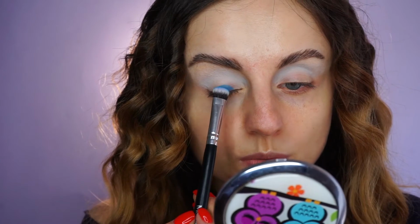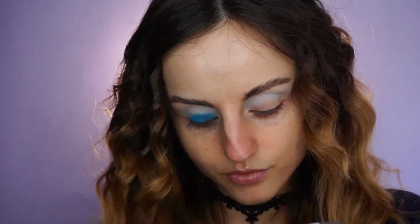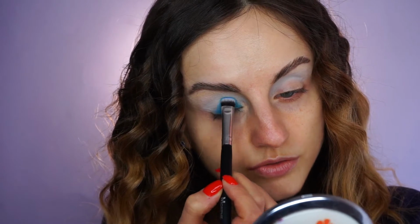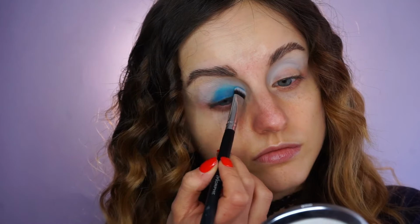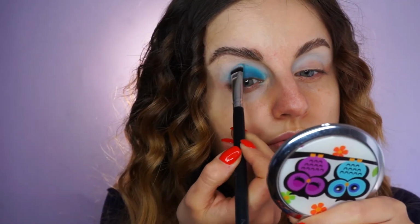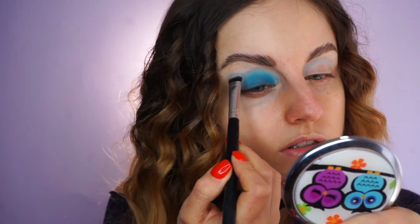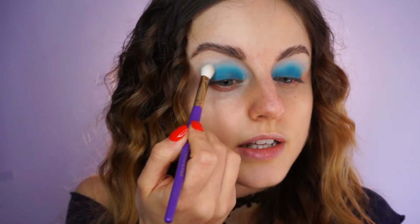And I'm just going to pack this shade on my lid, starting from the base of my lashes and working my way towards the crease, fading it into the crease. And when I reach my crease, I'm just going to fade things by applying less pressure on the brush. And you can take your previous brush and go over the edge to make sure that the colors are well